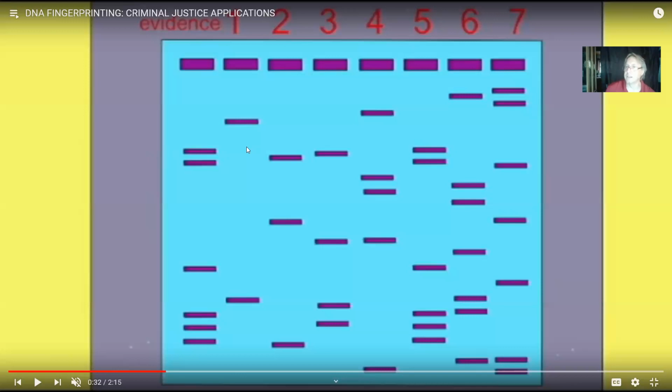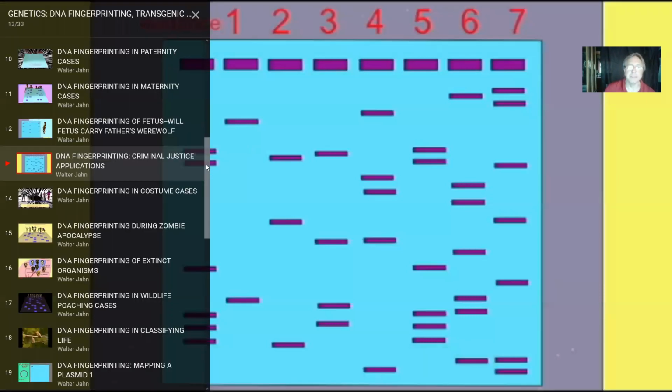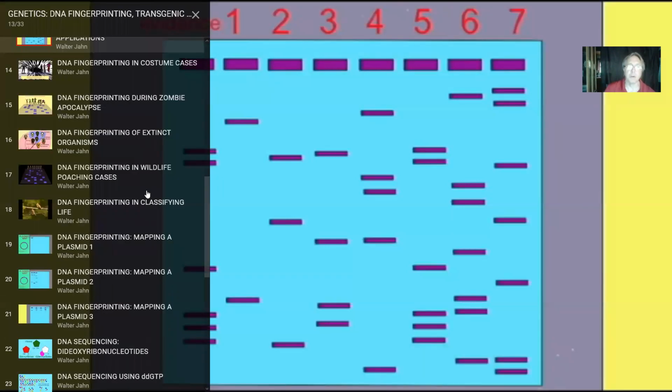a mistake. So the evidence that they were using, eyewitness testimony or physical evidence, the carpet fibers matched the carpet fibers from the crime scene, or the tire tracks or whatever, that wasn't good enough. And using that evidence, the jury had come to a wrong conclusion. This person who was in prison for committing the crime, that was not their DNA when it was then tested again. So because DNA is so